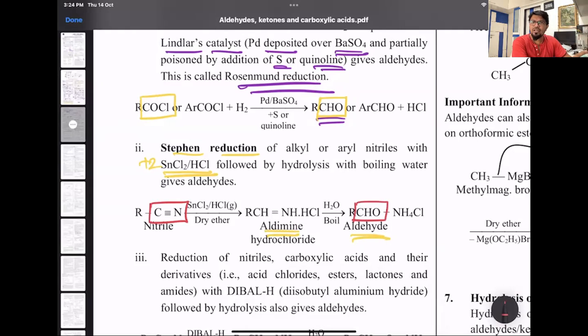If it is complete reduction, cyanide is reduced to primary amine. That is Mendius reduction. What we have done in halogen, we'll be doing in amines also. Cyanide with 4 nascent hydrogen, in presence of sodium and ethanol as the reducing agent, becomes RCH2NH2. So C triple bond N becomes CH2NH2. Partial reduction, 2 nascent hydrogen, C triple bond N becomes CHO.